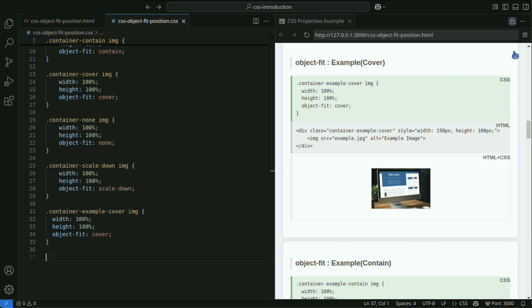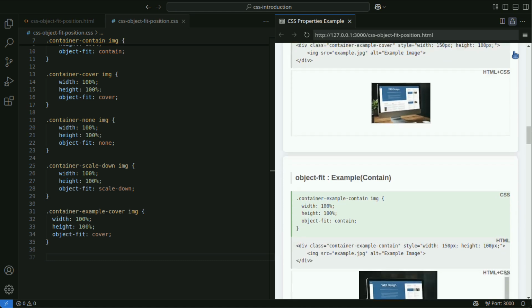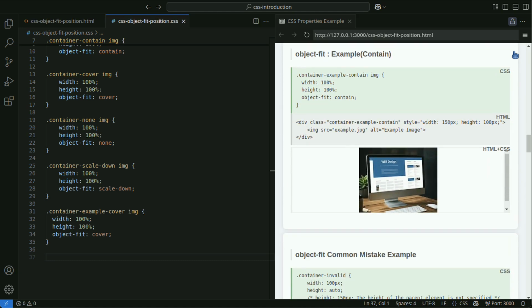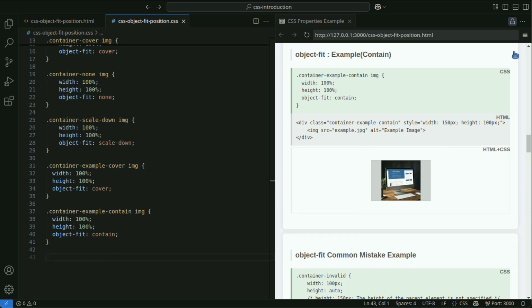If the aspect ratio is different, some parts of the image may not be visible, but it achieves a presentation suited to the design. Next, if you want to fit the entire image into the parent element while maintaining its aspect ratio, contain is suitable. In this example, the image is scaled down to fit the container, resulting in some padding, but the original image is displayed without distortion.